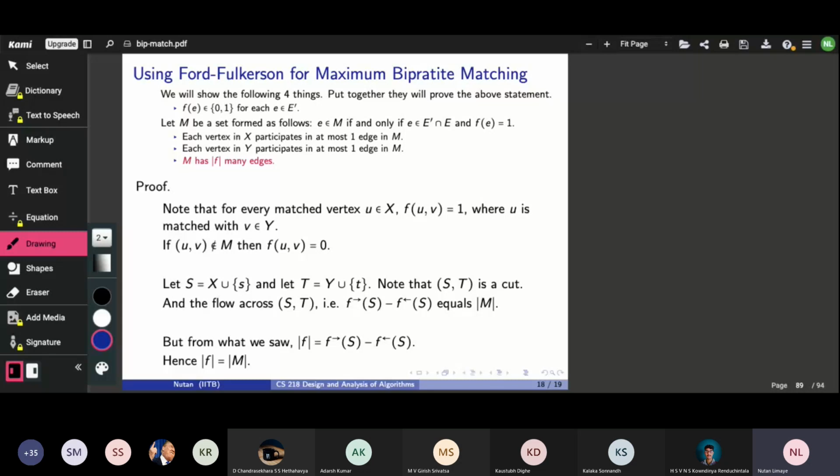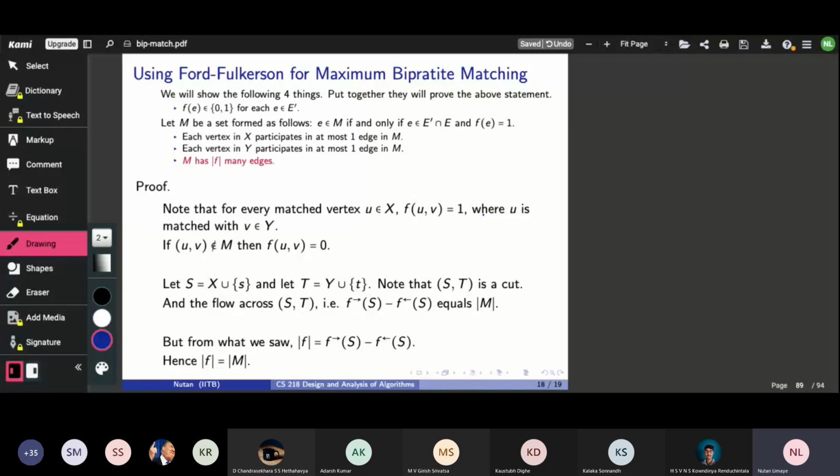Okay, so in some sense, this proof was also not very difficult. It's just that we proved it using first principles rather than appealing to another application that we have seen in the past. But as some of you observed, you could also appeal to, say, edge-disjoint paths and derive this as an application of that as well. Okay, so with that, we finish the second application that we plan to discuss today, which is the maximum bipartite matching problem.